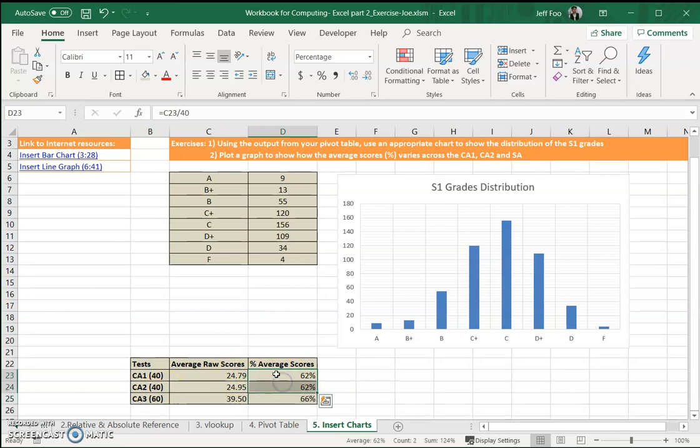Okay, and now you can't really tell the difference between CA1 and CA2 because it has been rounded off. So let's open up, let's say, 2 decimal places. So we look at CA1 was slightly lower than CA2, the average. Okay, and CA3 was indeed better scoring. Okay, so we're going to plot this,